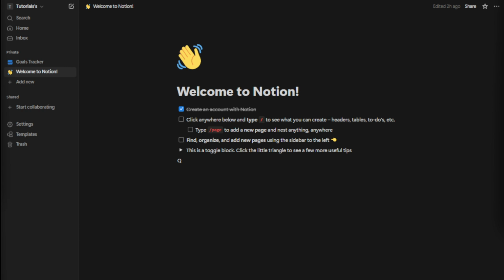First, we're going to initiate the search function. If you're using a Windows computer, you'll want to press Ctrl F. For those of you on a Mac, simply press Cmd F. This keyboard shortcut is universally known as a quick way to start a search, not just in Notion, but across